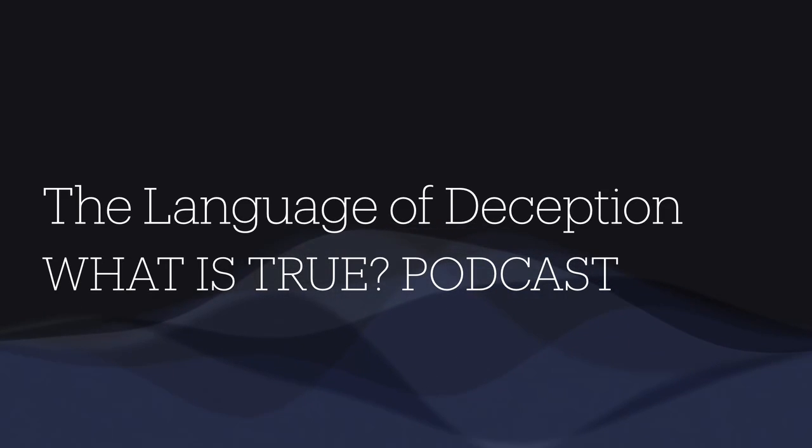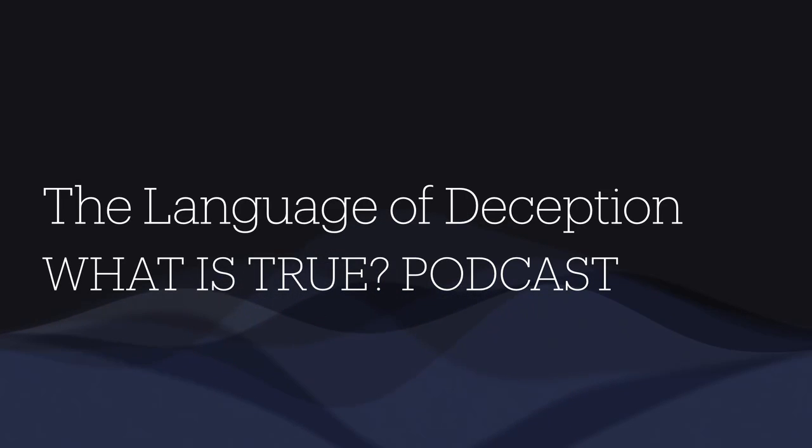Now, let's examine the characteristics of deceptive language itself. A common trait is the inclusion of partial truths. These are statements that contain elements of truth, but are incomplete or presented out of context, making them misleading. How do these partial truths typically manifest? Are they subtle omissions or more overt misrepresentations?